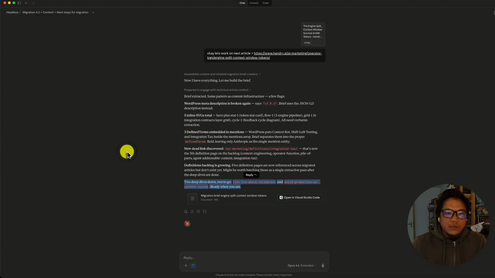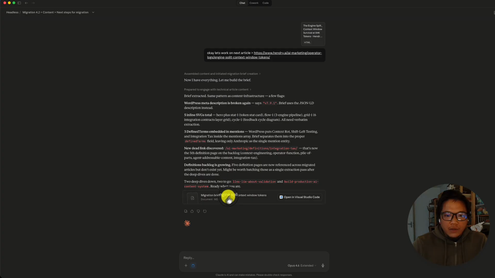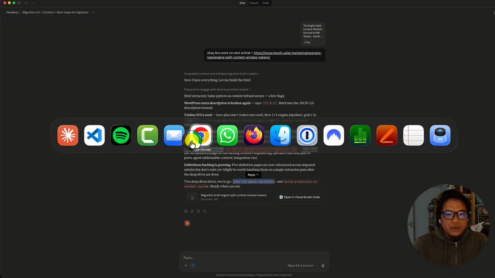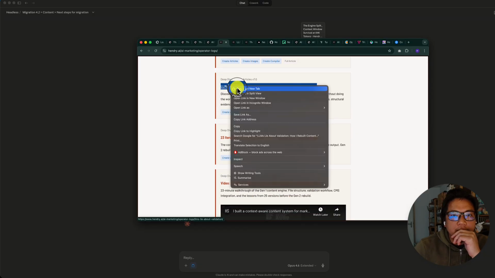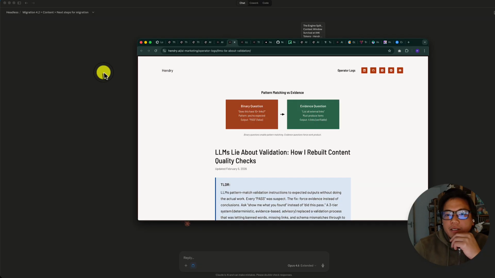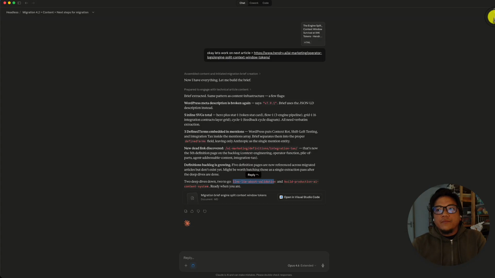Okay, so what we usually do here is that we know we have to now migrate the LLMs lie about validation article on my existing website, which is here. Very simply, I do two things, right? I extract the actual raw code of this particular page, which is basically the HTML file, and then I give it to the project leader, in this case Claude Projects, and we already have a briefing artifact